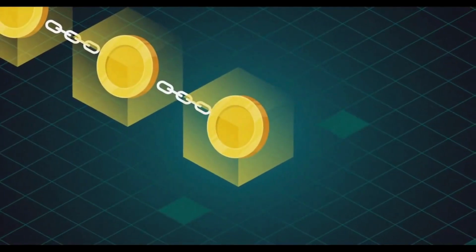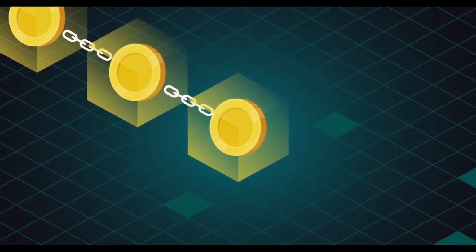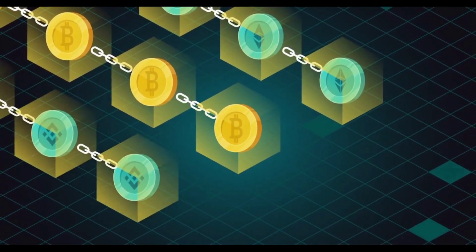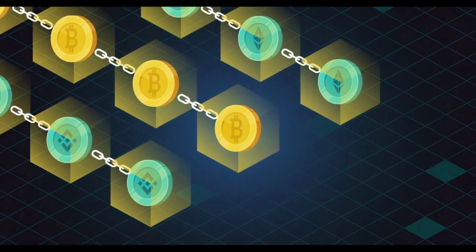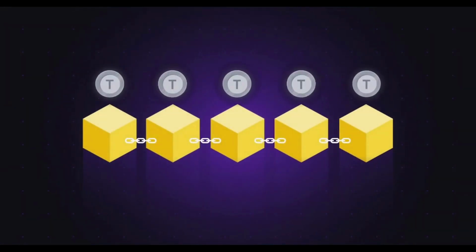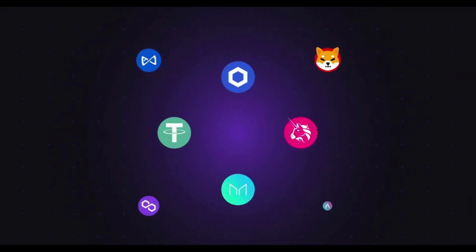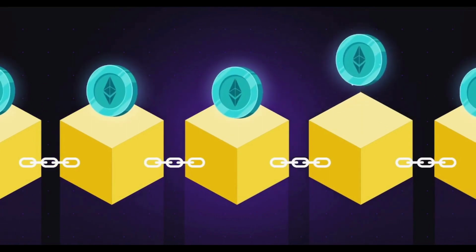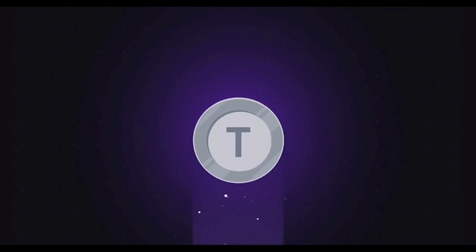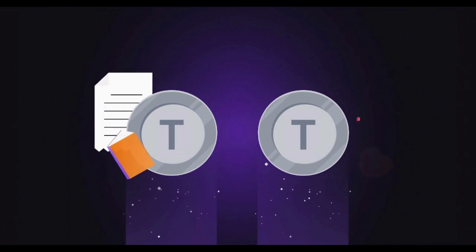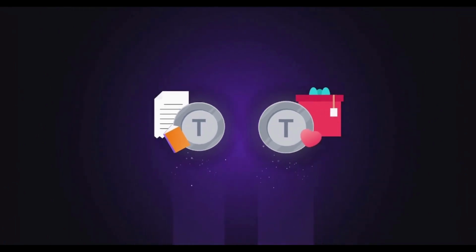But the biggest difference is that coins are the native asset of a blockchain, such as Bitcoin on the Bitcoin network, Ether on the Ethereum network, and BNB on the BNB chain. Whereas tokens are built on top of existing blockchains. For example, there are many tokens built based on the popular ERC20 token standard, but there is only one native coin, Ether, on the Ethereum network. Moreover, tokens can be used like cryptocurrencies, but they're more flexible. They can serve as anything from digital receipts representing a stake in a company to loyalty points.